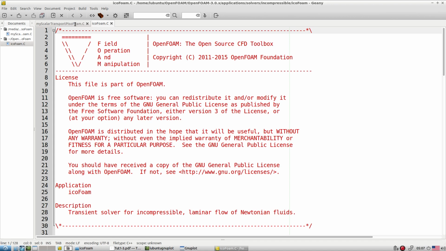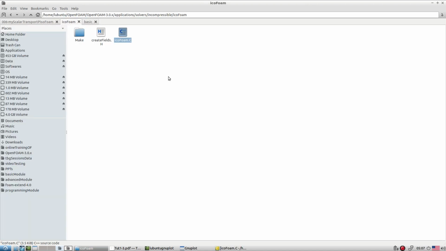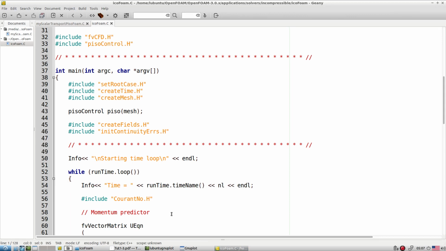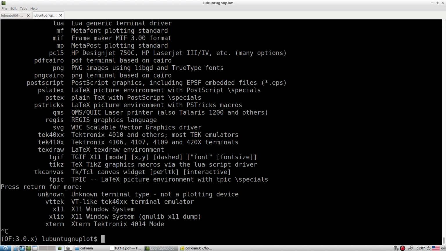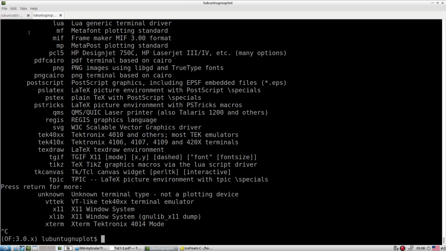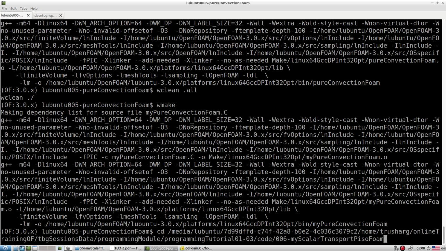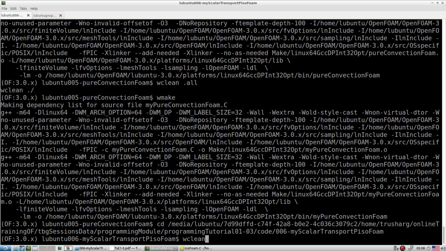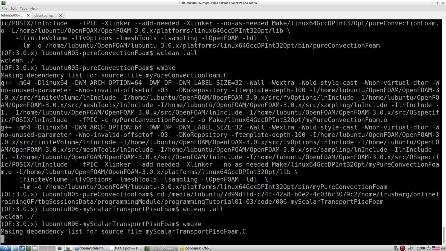When you want to work with the PISO-based algorithm, we require the PISO control. Before you do any modification, let's make sure our setting is correct, so go to that area and run wclean all, wmake.